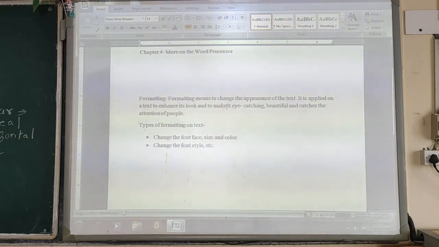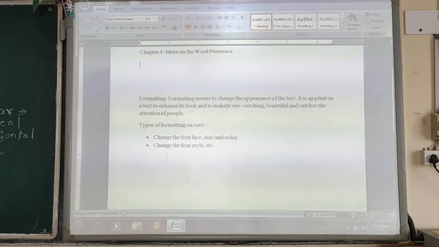We generally apply the formatting feature on the text to make our text eye-catching, beautiful, and to catch the attention of the people.